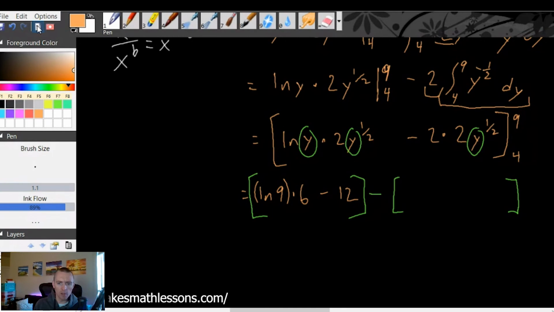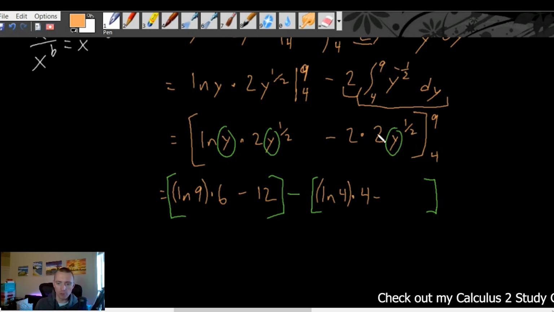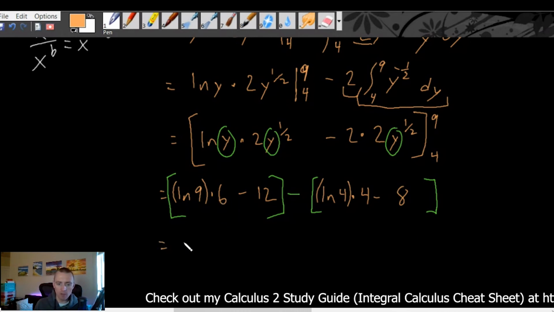So now if we plug in 4 for all of our y's, we're going to get ln of 4 right here. 4 to the 1/2 is the same as square root of 4, which is 2. 2 times this 2 is 4, minus 2 times 2 times the square root of 4, which is 2. So 2 times 2 times 2 is 8. Okay, so then we can simplify this. We would have 6 times natural log of 9